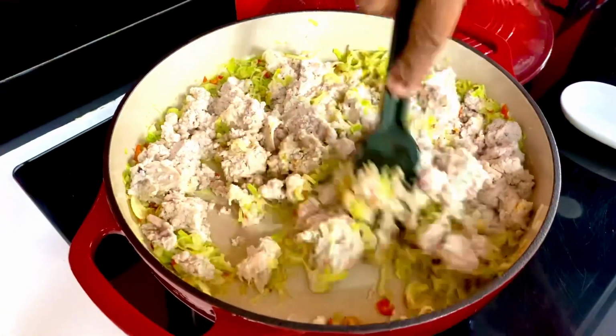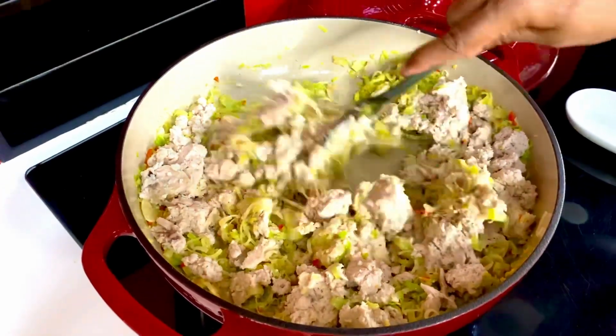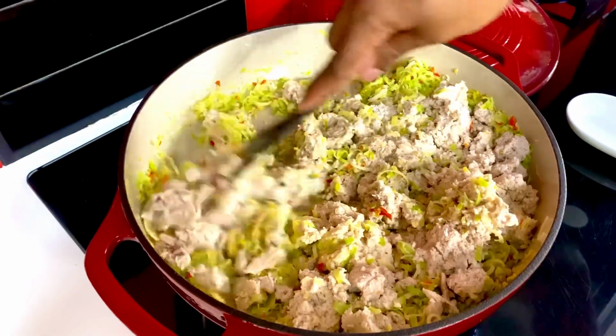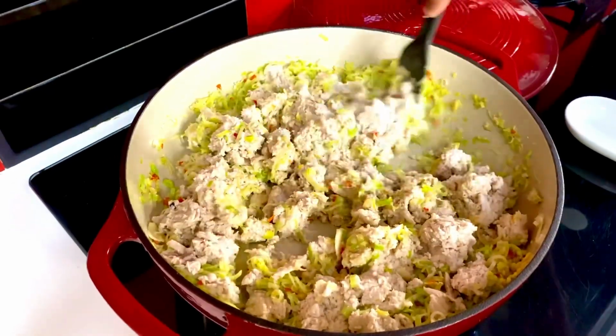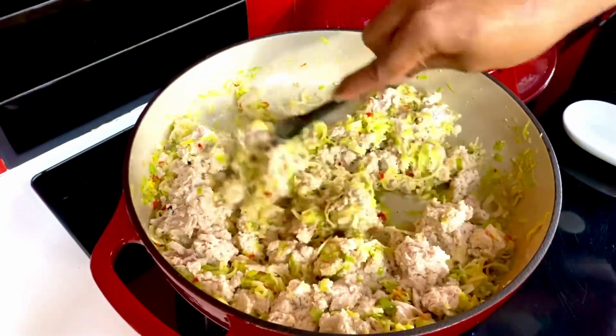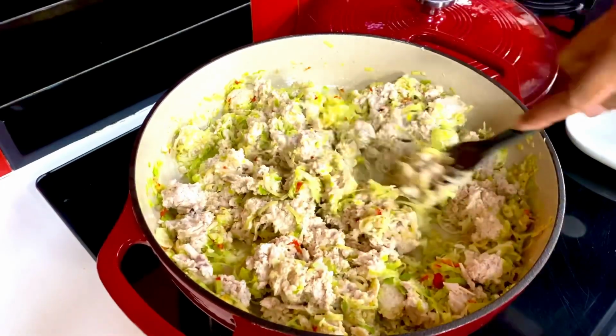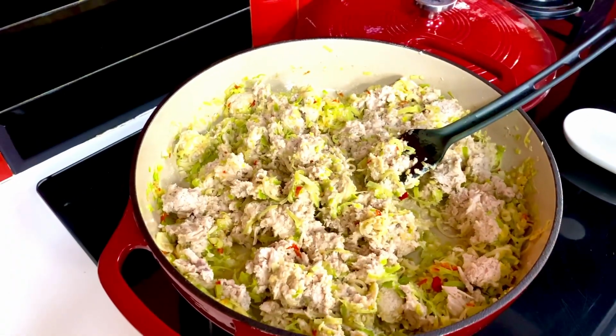While the chicken absorbs all the flavors along with the leeks, the red chili, the ginger, garlic and that herb butter, just bringing it all together. You need to keep it a little dry so that it stuffs well into the pastry casing. So a quick saute, a quick stir fry into this, and finally in goes